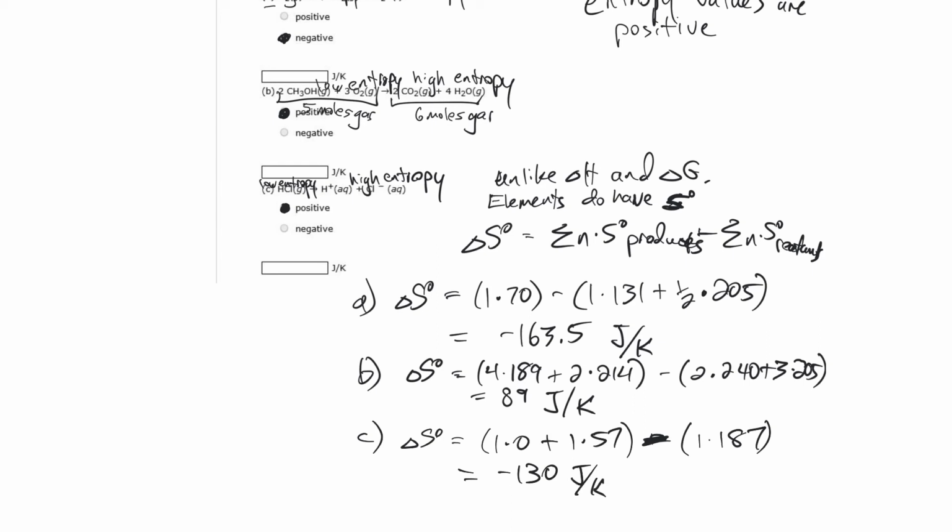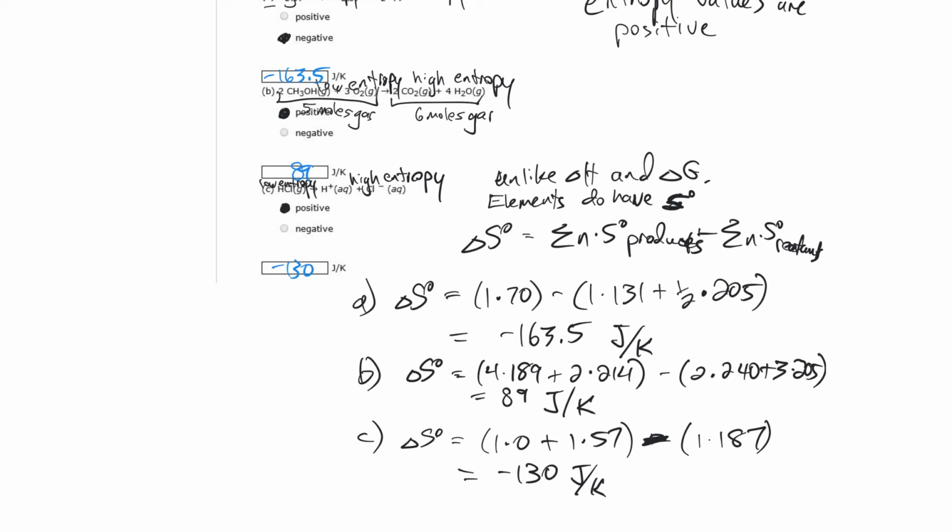Okay, so if we fill in those numbers, we had negative 163.5, we have a positive 89, and a negative 130. Did our prediction match the actual numerical result? In part A, we predicted a negative sign for delta S, and we got it. In part B, we predicted a positive sign for delta S, and we got it. And in part C,